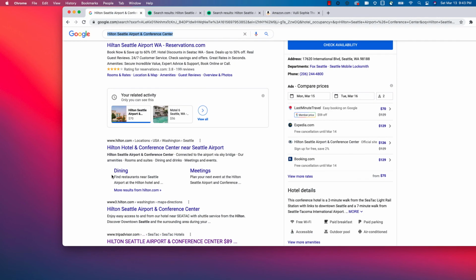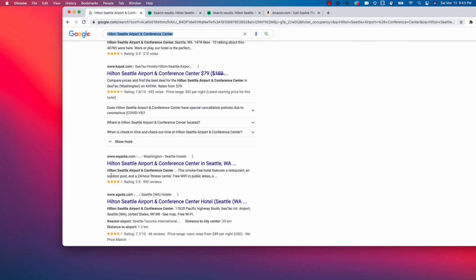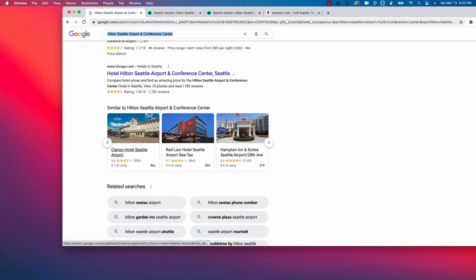As I scroll down, somewhere in the middle, you will also see hotels which are similar to this hotel, like Clarion Hotel, Red Lion Hotel, Hampton Inn. These are the hotels which are similar in nature to the Hilton Hotel, and this is exactly what we want to develop: an algorithm that can recommend hotels similar to the Hilton Hotel, like what you see in Google.